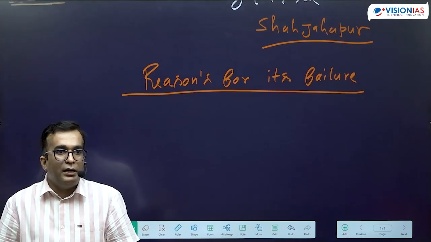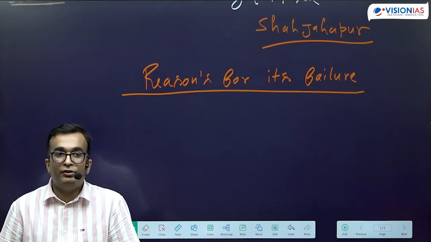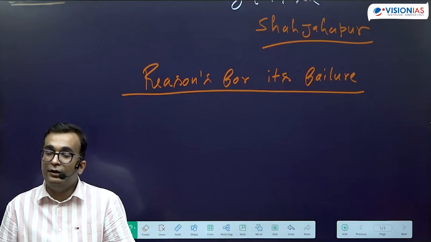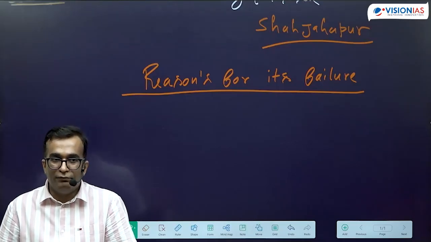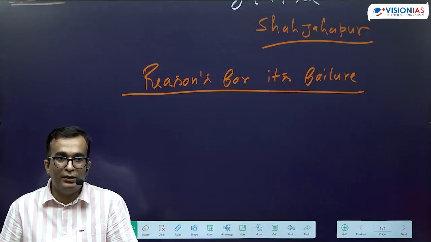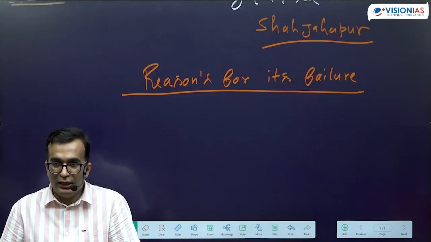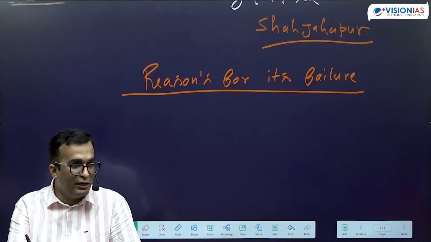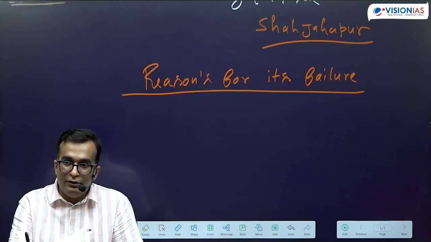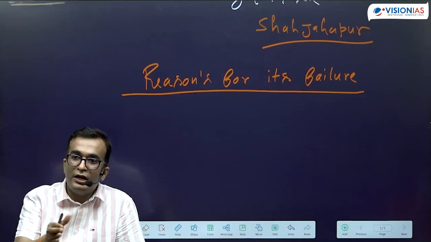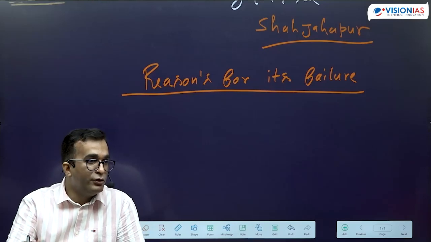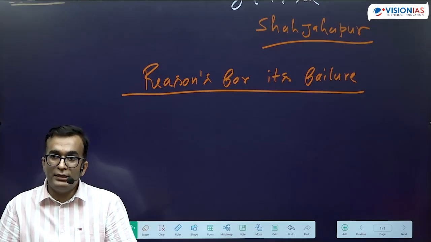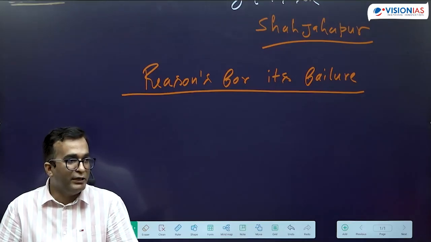Still, in South India, the introduction of the rifles hasn't happened in the way it started in northern India. One more reason: you remember that we mentioned in the beginning that the majority of the recruits in the British army were from which area? Bengal, Awadh and Northwest Frontier Province. Since the majority of the recruits were from this area, they were the ones most affected. Since the recruits were fewer from southern India, they were less affected. So these are the reasons why it did not spread to southern India.